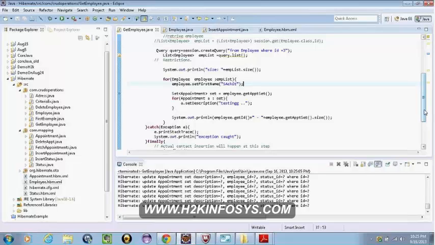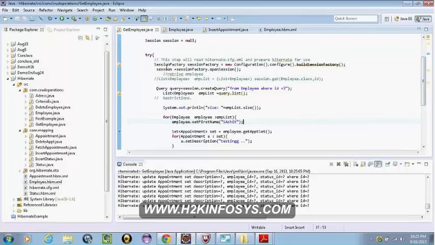If you're creating a new one, exactly. When we're creating a new object using the new operator, it is just an object, a transient object. When it is associated with a session, it is a persisted object.